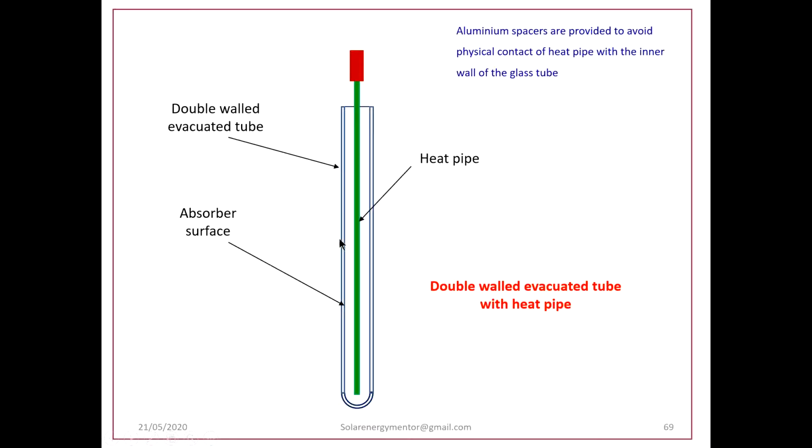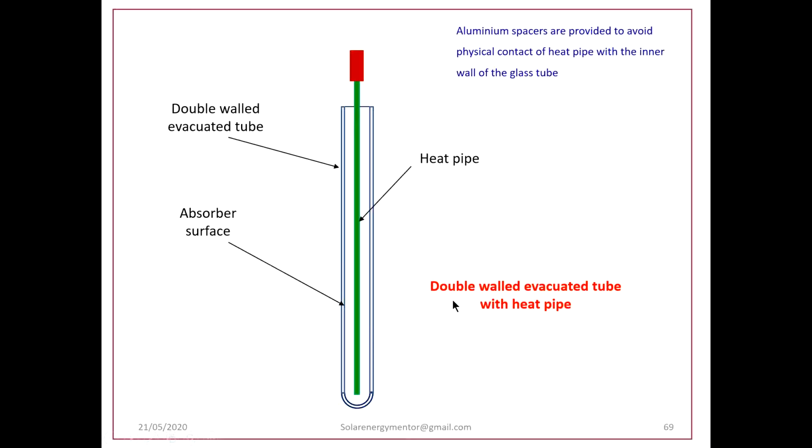So this surface, now absorber surface, is the inner surface of this evacuated tube. So in between there is an evacuation. Okay, and in this evacuated tube, the heat pipe is inserted. So there is no question of sealing there. However, due to this annular space, the heat transfer coefficient is less here. So the effectiveness of these type of collectors is less.